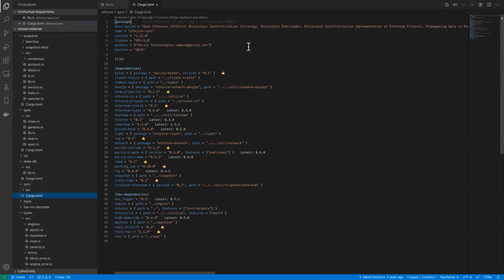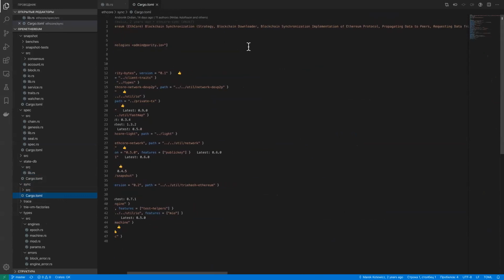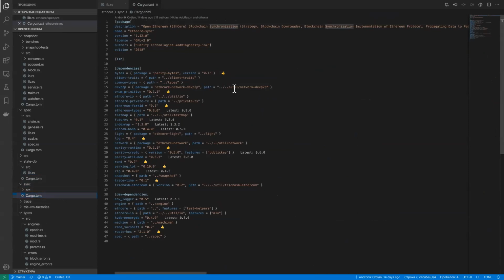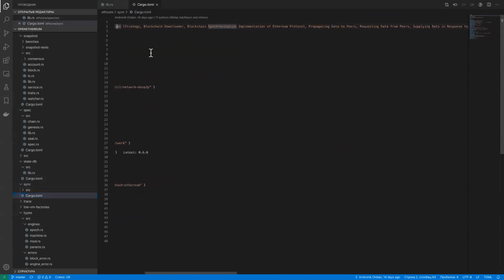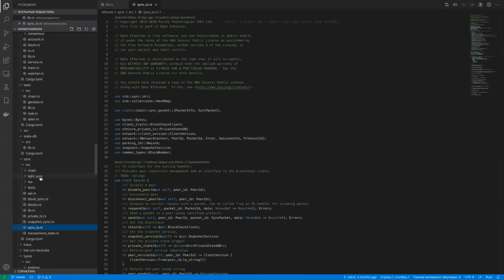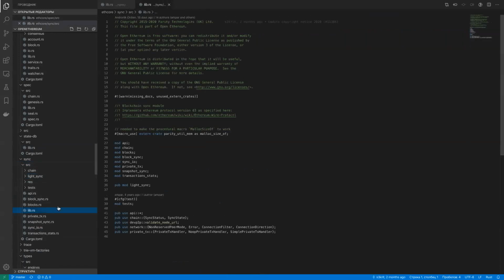Sync. So the sync is basically what contains the blockchain synchronization. So this is the strategy, blockchain downloader, blockchain synchronization implementation of Ethereum protocol, and so on and so forth. So basically, if we go inside, we also have two nodes here. The primary code, this is the usual sync, and also the light sync. So I'm going to cover the main part here,